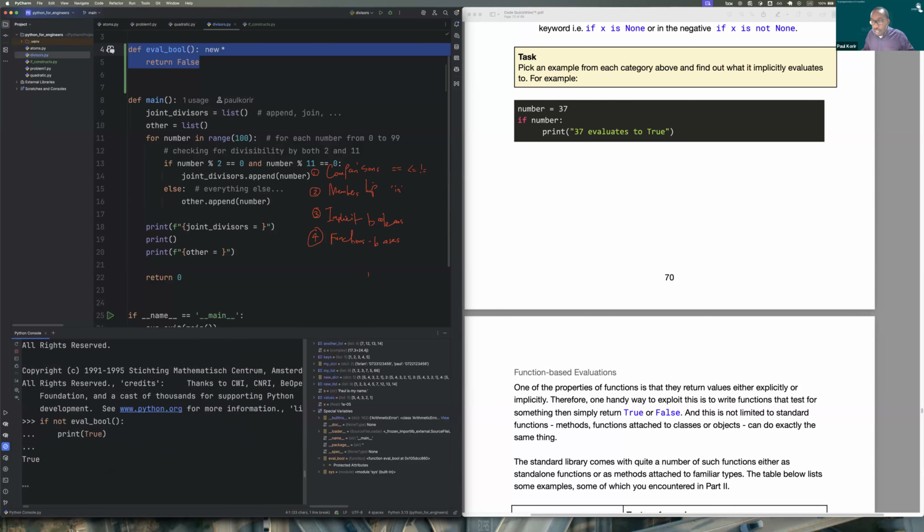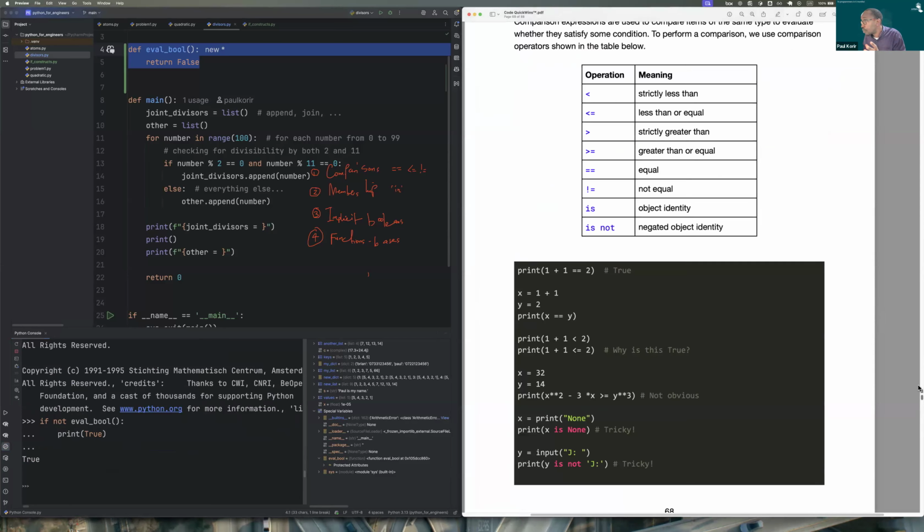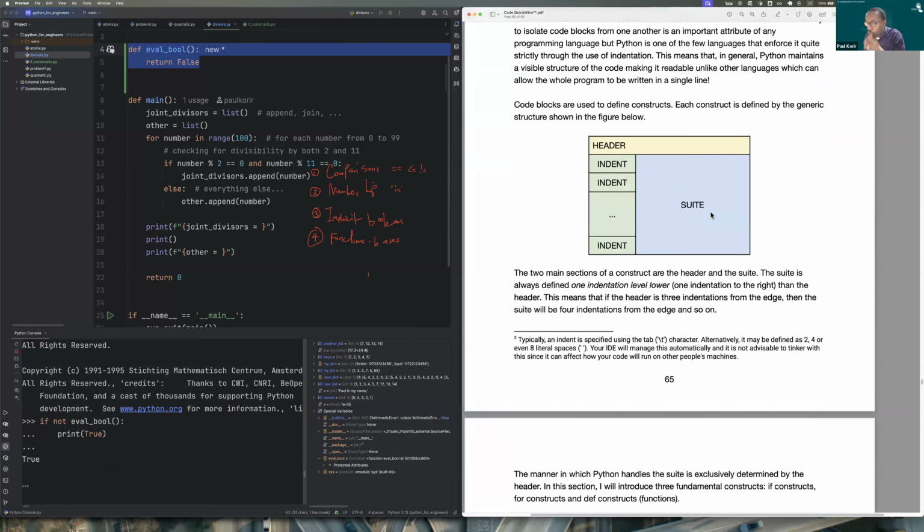Or I print whatever, okay? What we're just proving is that the value of the assignment expression has evaluated to true. And that's a key thing with the if conditional, if construct. For the code in the suite, you remember we talked about that there is a header and a suite. The code in the suite, let's just go back here. For the code in the suite to be accessed, the assignment expression must evaluate to true. That is the most important thing. It must evaluate to true